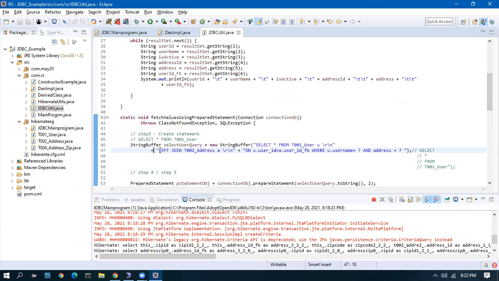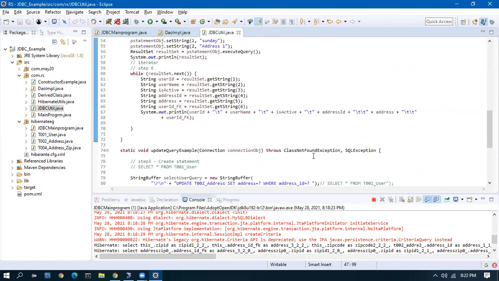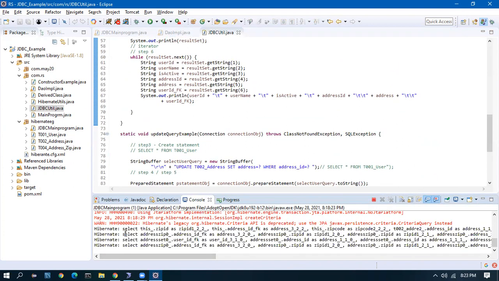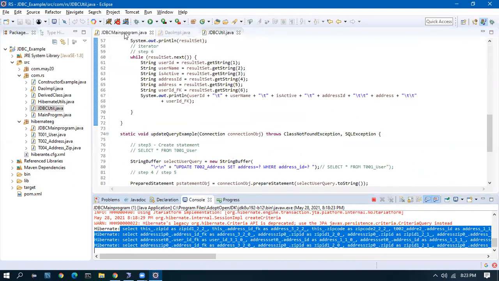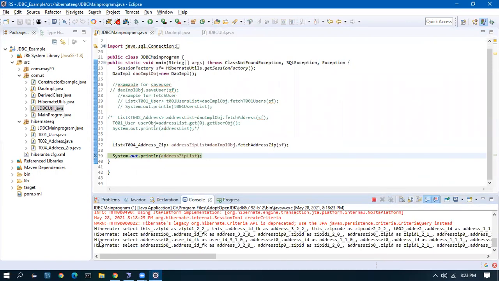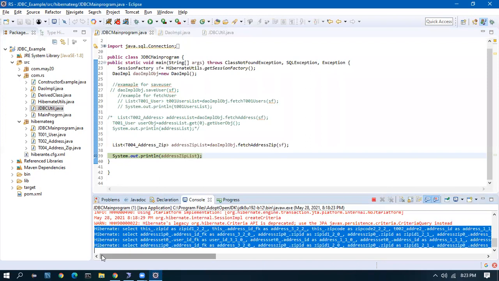I explained what is a left join, what is a where condition, and how to set the question mark. Now I'm not even going to the query. I'm just showing you that Hibernate is generating the query automatically. All we are doing is seeing the result. We never spoke about queries this week. Previous week, it was fully on queries. We were writing the query and executing it. Do you understand? You got it? Yeah.